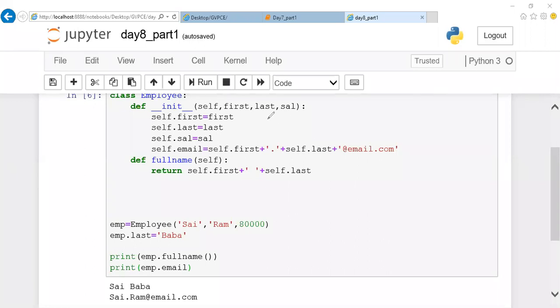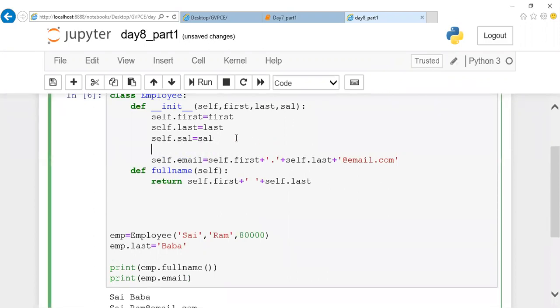Yeah, if the email ID is given there, it will never be changed. After that, if you're trying to change it, it will never be changed outside. So for that, the only way is that we are supposed to bring this email ID as one more function. Use def, followed by email, and make it a function.